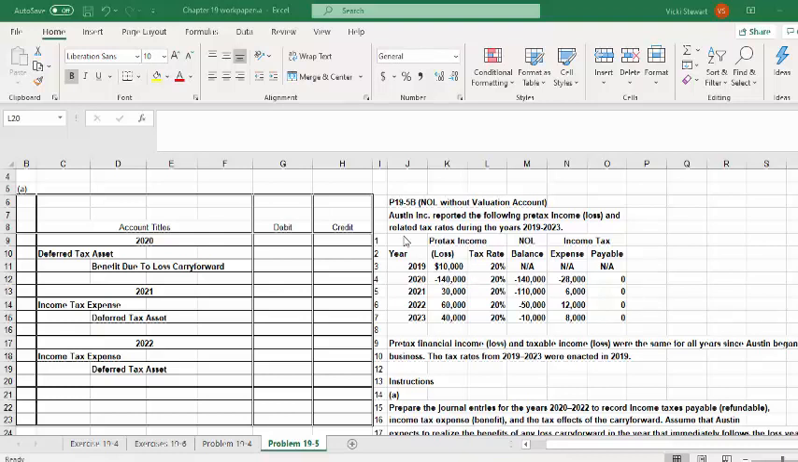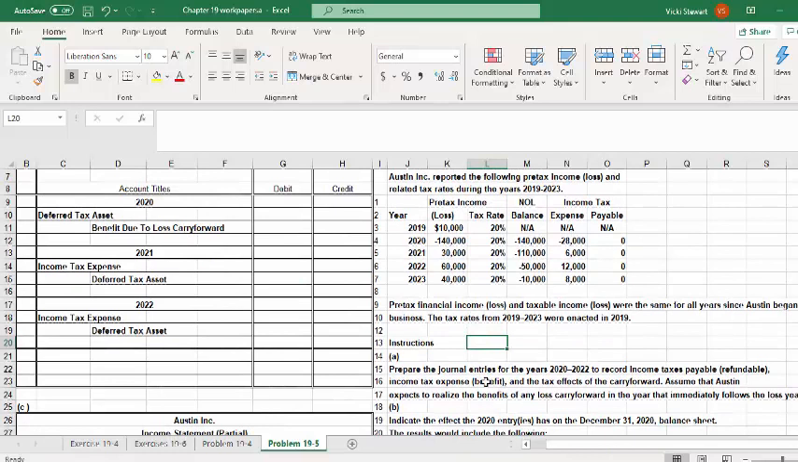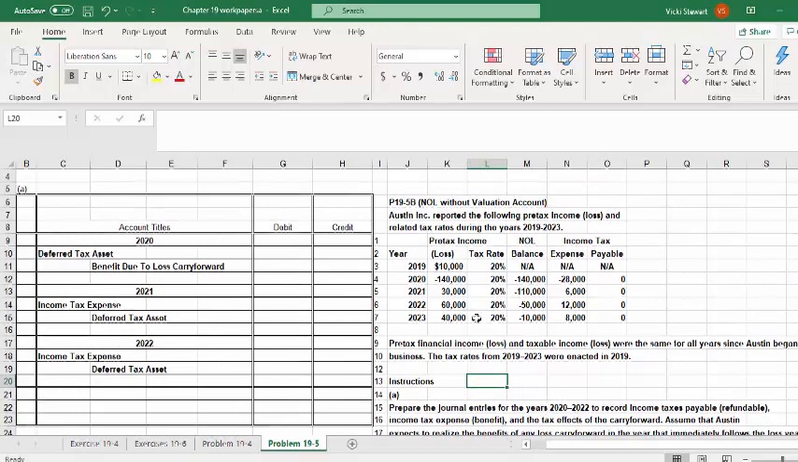So the problem gave us pre-tax income and the tax rates for the years 2019 through 2023. The instructions state in Part A to prepare the journal entries for the years 2020 through 2022 to record income taxes payable, refundable, income tax expense, benefit, and the tax effects of the carry forward. Assume that Austin expects to realize the benefits of any loss carry forward in the year that immediately follows the loss year. So when we look at the schedule that was given to us, we see that Austin had a